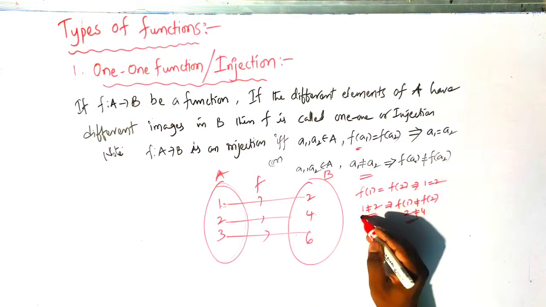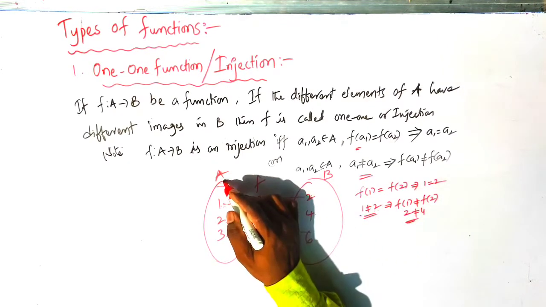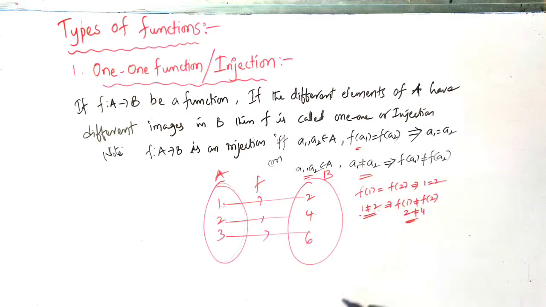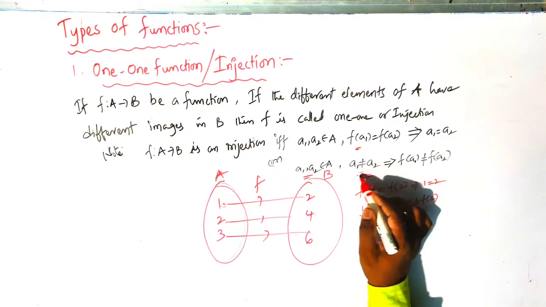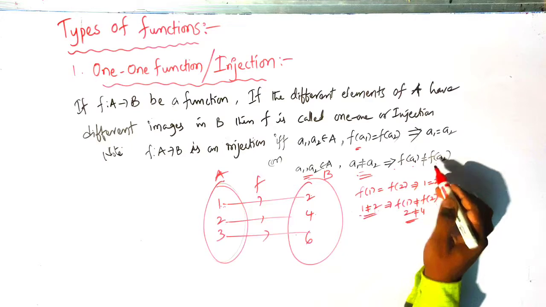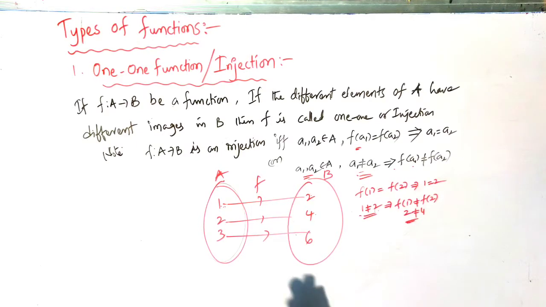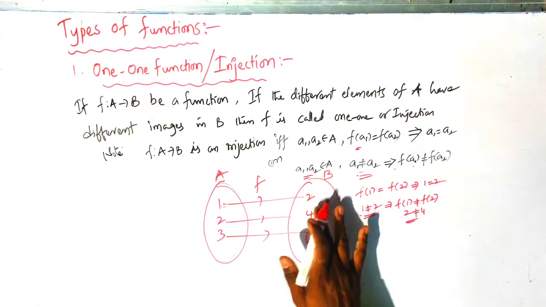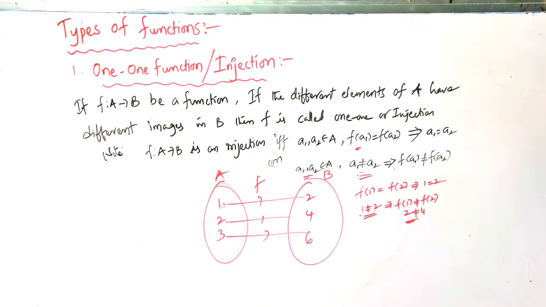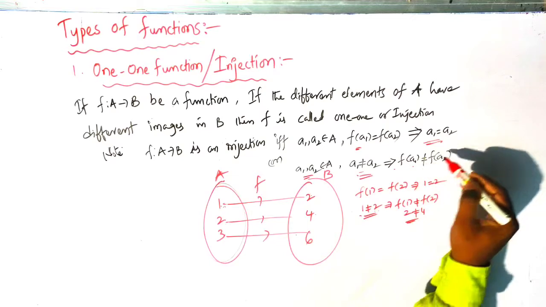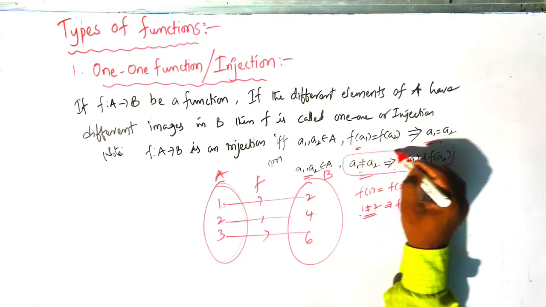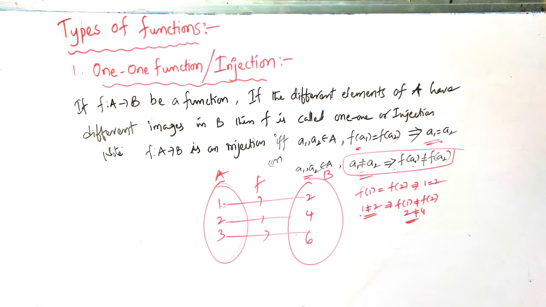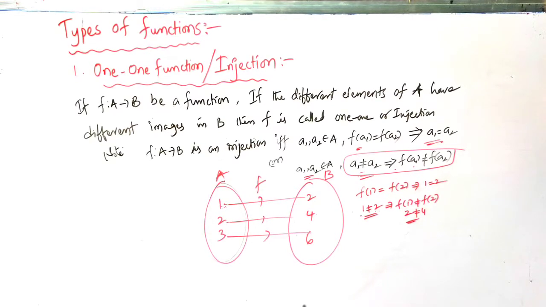Okay. So these are the elements here. 1, 2 belong to A, like this here. They are not equal. That implies their images are also not equal. Elements are not equal, images also not equal. Images are equal, then elements are equal. So this is the rule for injection. Okay, clear? Right? Sometimes this will also be possible. So most probably we take this condition here. So what is that one? A1 not equals A2 implies f of A1 not equals f of A2.